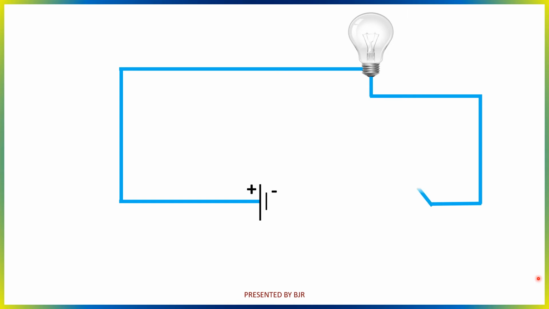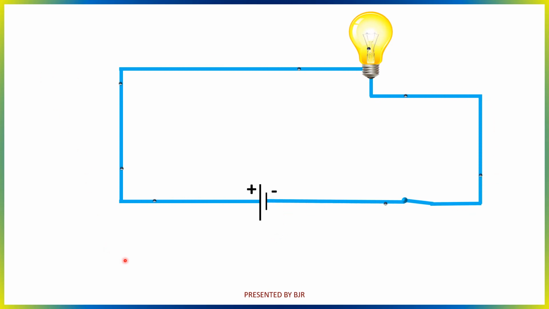Initially the circuit is kept open, so no current flows, hence the bulb doesn't glow. Okay, when the circuit is closed by switching this tap key on, see here, the bulb glows. Now you know the direction of the flow of electrons. It is always from negative to positive terminal only. Just now I told you this is called the electron current.